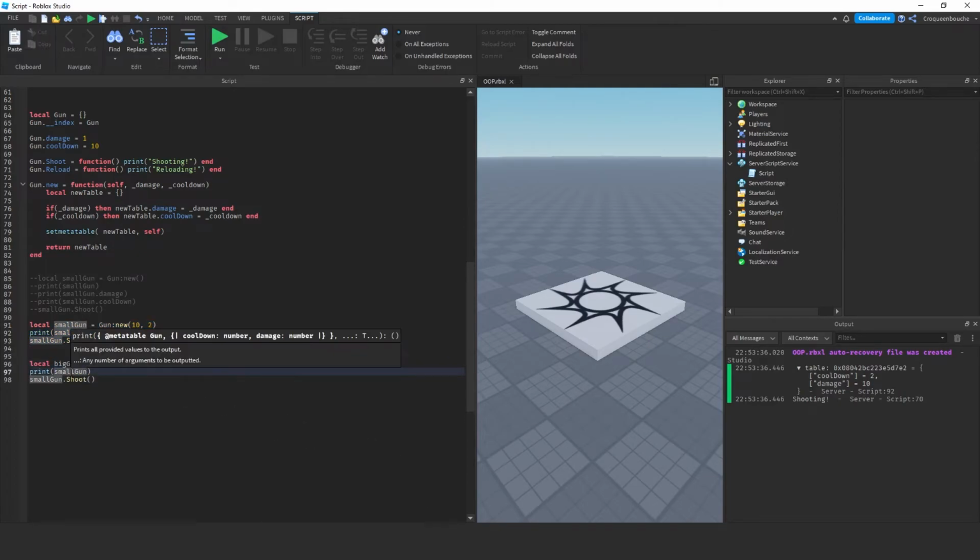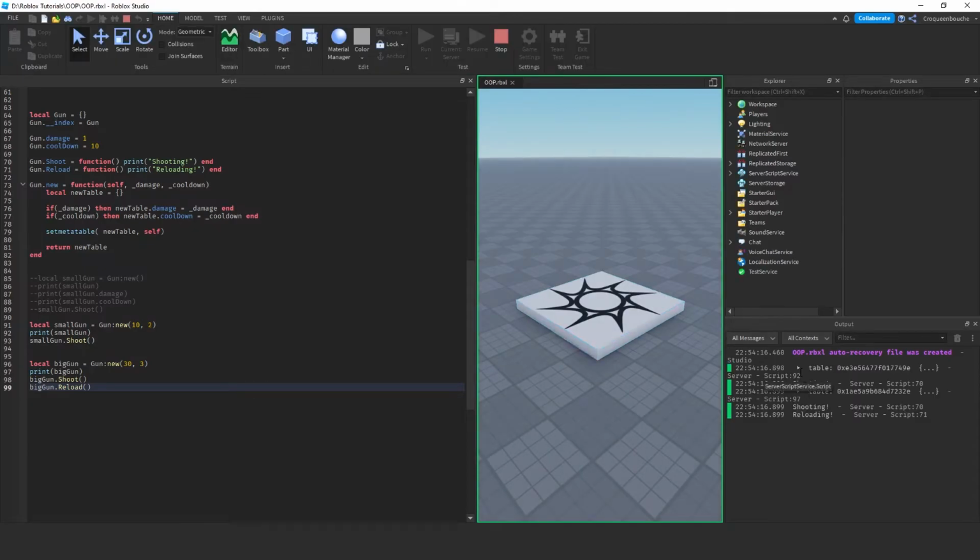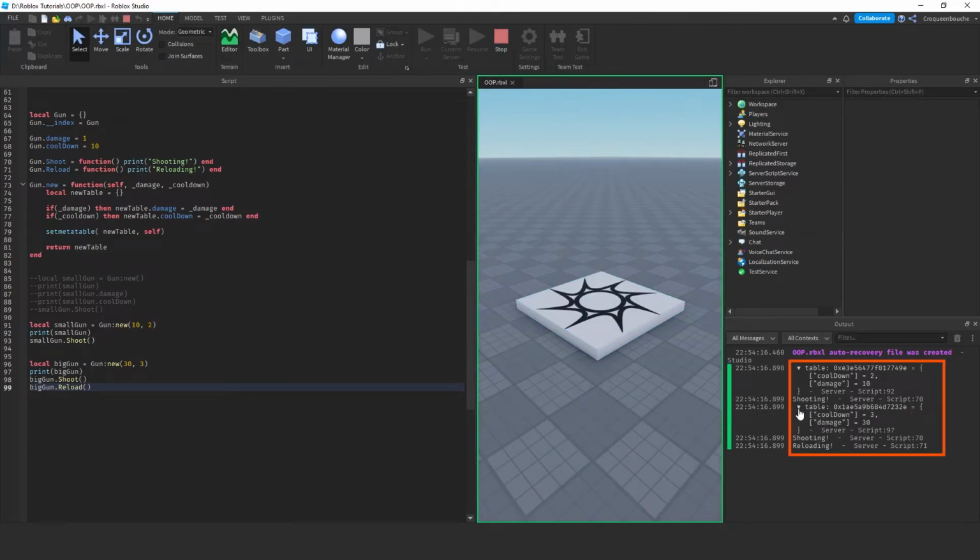Let's replace these with big gun. This time, it will have 30 damage, but it will take 3 seconds to cool down. We can shoot it. Also, we can use .reload since these methods are defined in the meta table. When I press play, the first one is 2:10, the second one is 3:30, and shooting and reloading for the